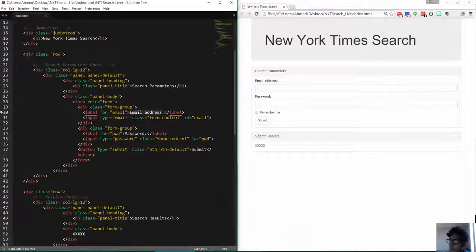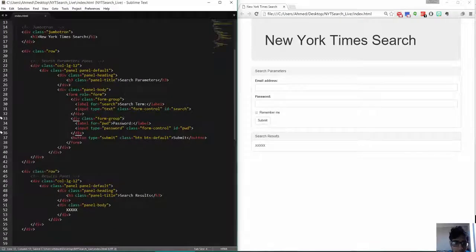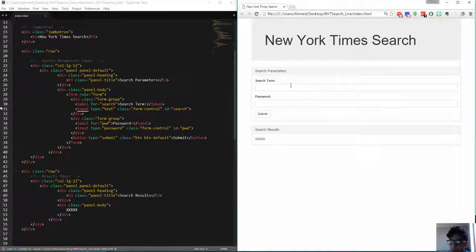So instead of email address, I'm going to do search term, and I'm going to change label for to search, input type to text, ID to search, and then I'm going to save it and rerun it. You can see search term has changed. Password, I'm going to again change the input type to text, because if you leave it as password, it's going to have these empty symbols. So put in text, and I'm going to call this one